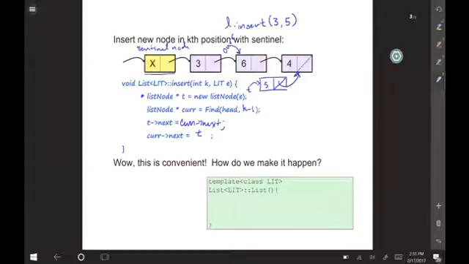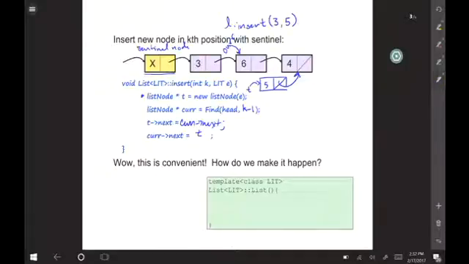The question is, does the sentinel node ever have a value? Garbage. The sentinel node is the garbage value of whatever the list item type is, whatever the templatized type is, or the default value. And you construct that in the constructor of the list node. Okay? All right, fine.